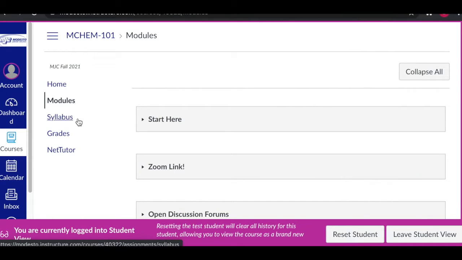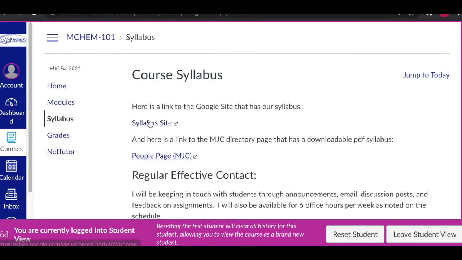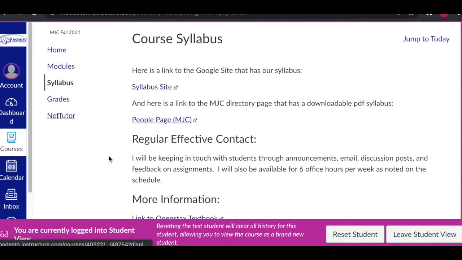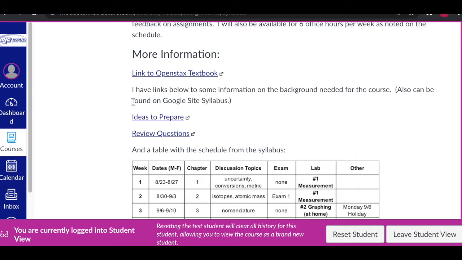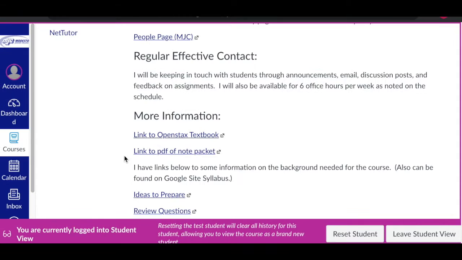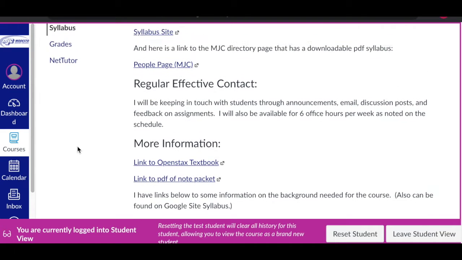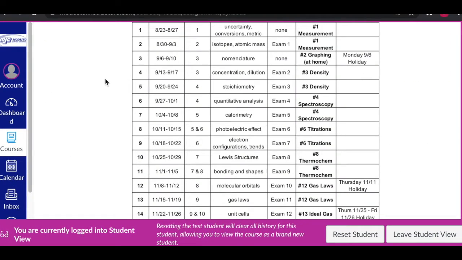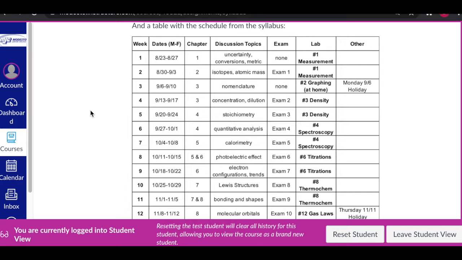All right, let's take a look at the syllabus page. So this has a link to our liquid syllabus and also the people page, the directory at MJC that has a PDF of the syllabus. We also have a link to our textbook here as well. Oh, magic. I have a link to the PDF of the note packet in case you don't yet have it from the bookstore. And we have a schedule of topics, the weeks that are coming up, the lab